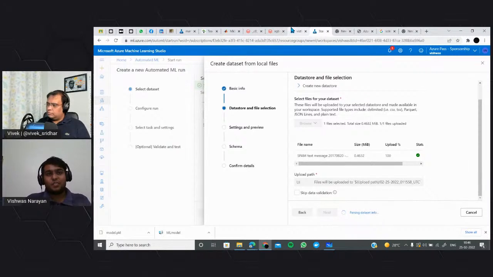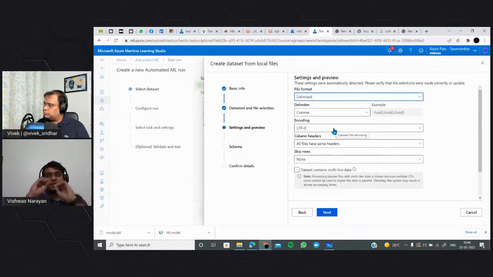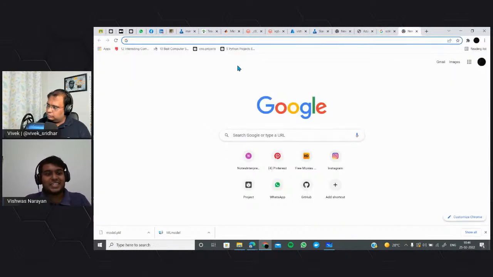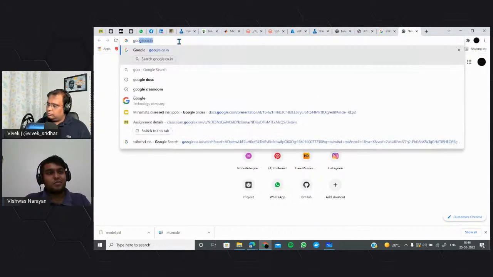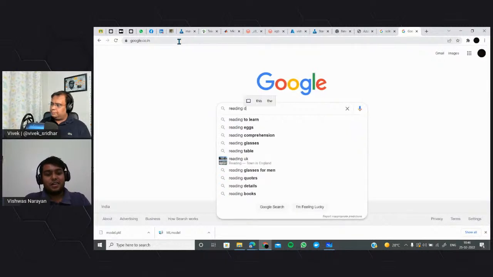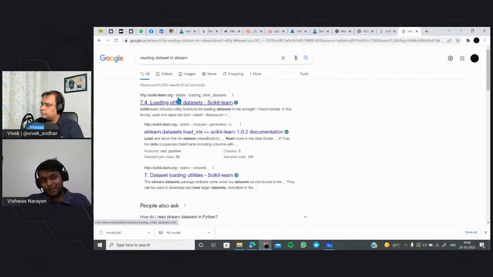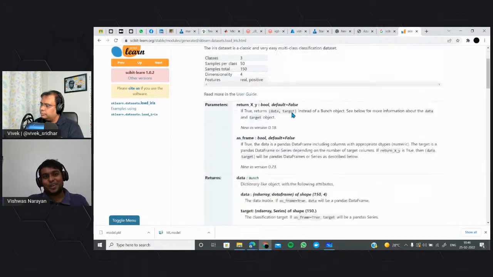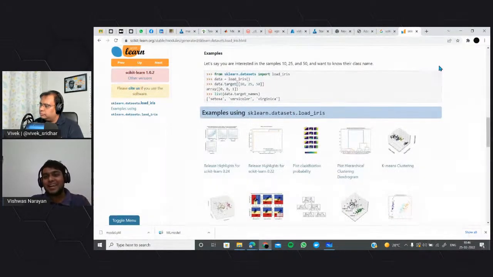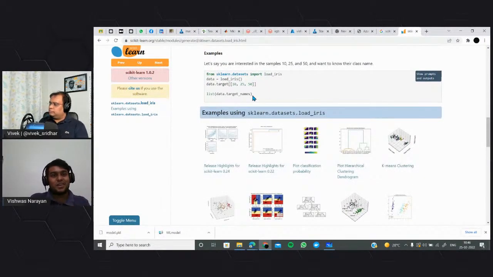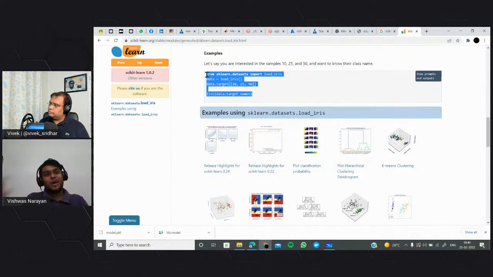You can go to any of the notebooks or any of the data sets, just see how the structure of it is, and then start with it. Also there is a cheat sheet that we always go through, like reading data sets in sklearn. We all do this for sure. We just go through some public data sets which are there, first we test on it, and we just move ahead with all these